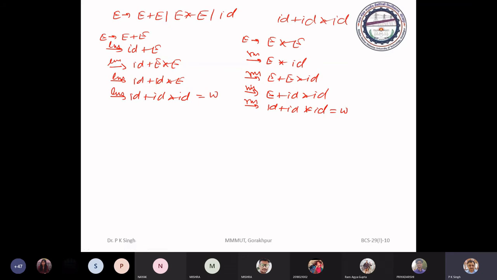Now see the syntactic structure. Suppose these identifiers are A, B, and C. The value of A is 2, B is 3, and C is 4.